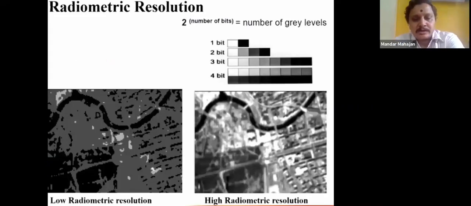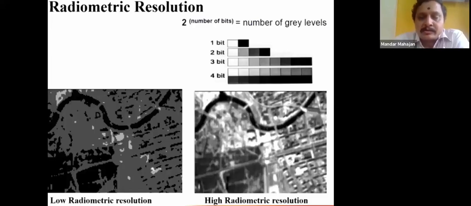Here you can see two images, one with low radiometric resolution and one with high radiometric resolution. Now, what are 1 bit and 2 bit? This is the number of shades that is possible. The two pictures have the same spectral resolution and the same spatial resolution. But if you increase the contrast and want to identify the features more predominantly, you go for 1 bit, 2 bits; that is the sensitivity to sense the data or the features.